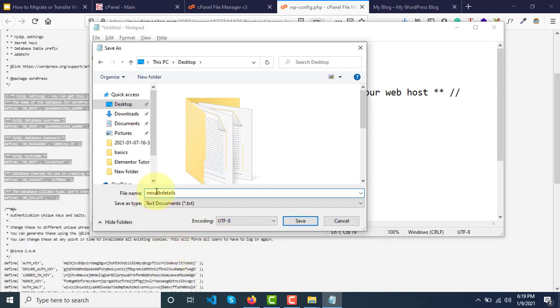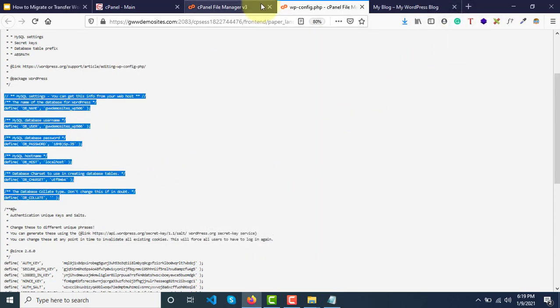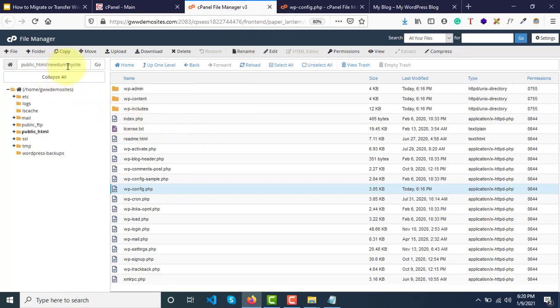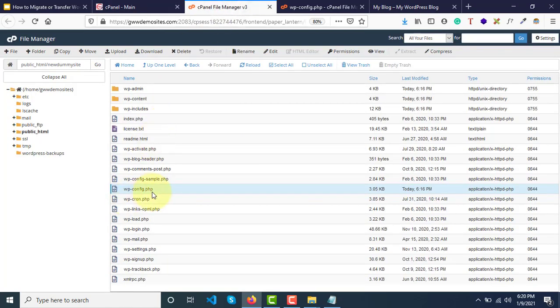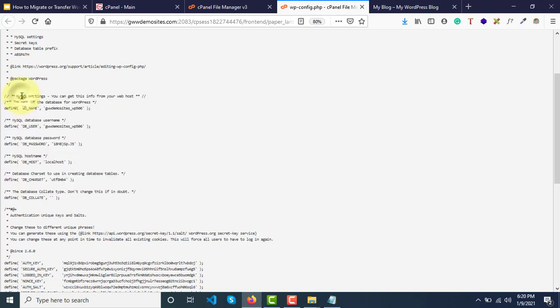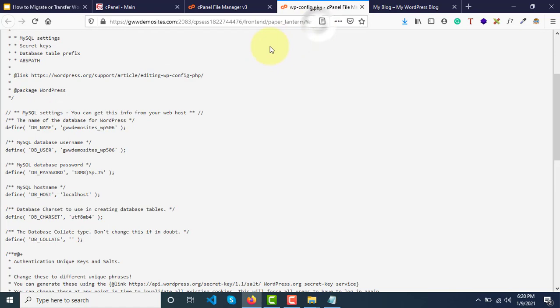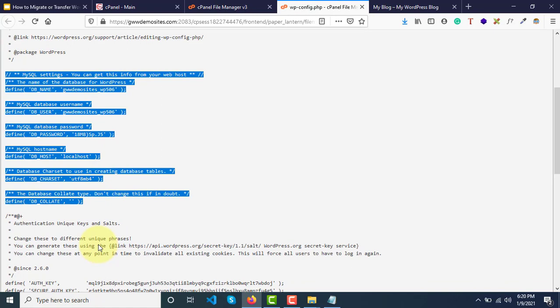New DB details. I just save it somewhere because we will need this information. So what we just did is we logged into the cPanel where we installed the new website, opened the wp-config file from the website files, and copied the database information from MySQL settings till DB collate.